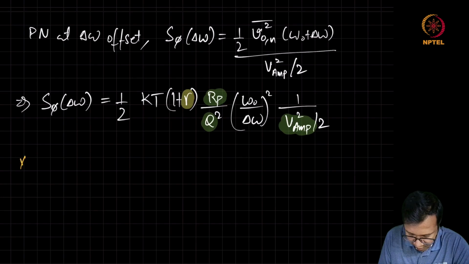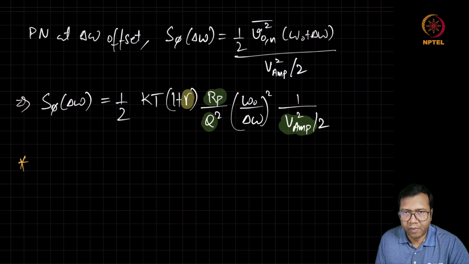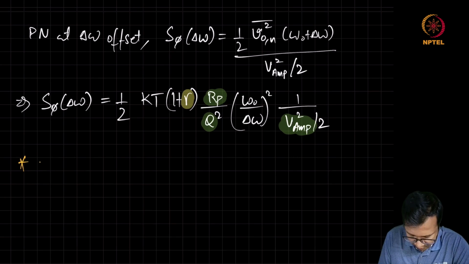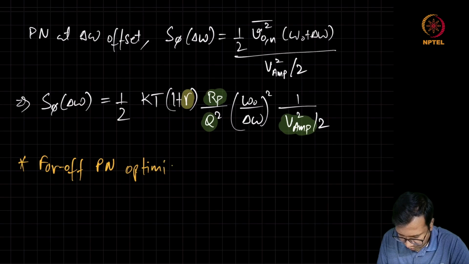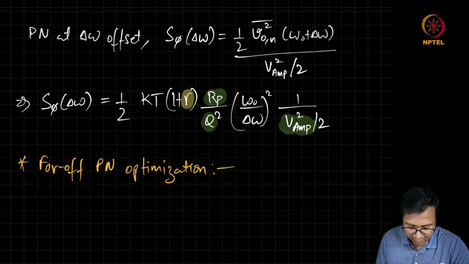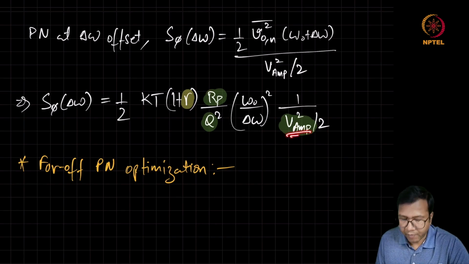So when we are trying to optimize the far off phase noise of the VCO, we can see that we can try to maximize this output voltage swing as much as possible, but